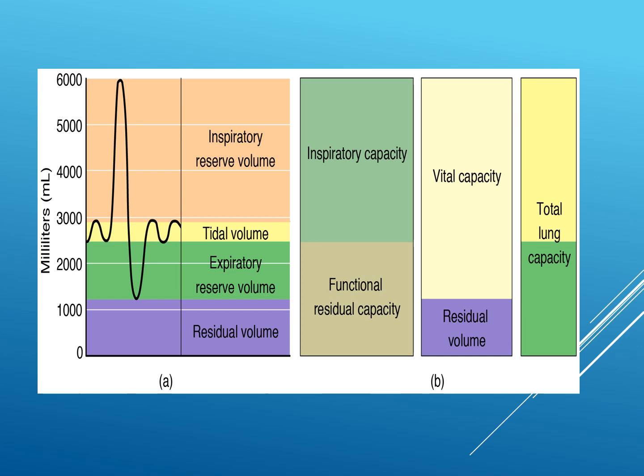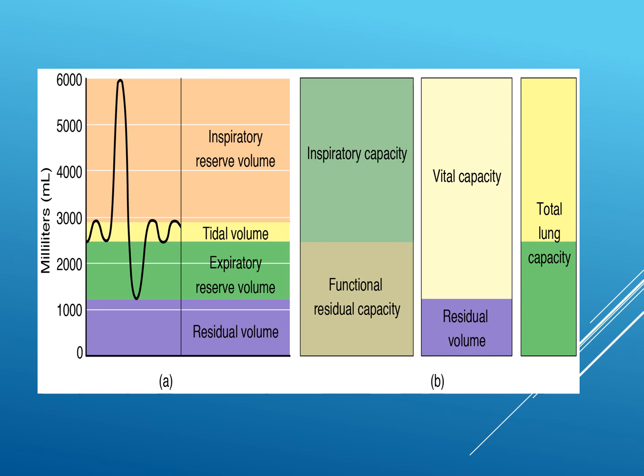And the next capacity is vital capacity. So vital capacity, its definition is very important. It is defined as the maximum amount of air a person can expel from the lungs after the deepest possible inspiration. So therefore it equals inspiratory reserve volume, tidal volume and expiratory reserve volume, which amounts to 3000 plus 500 plus 1100, which is equal to 4600 ml in a normal adult male.